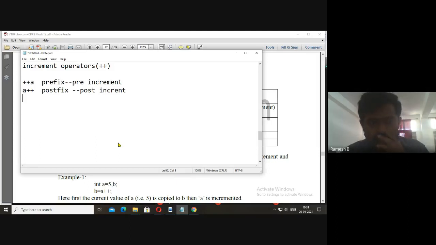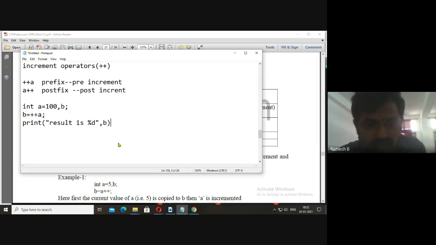Now let me take int a is equal to 100. I'll take one more variable for the result, b. Now b is equal to plus plus a. Let me print the result, percentage d, printing b.